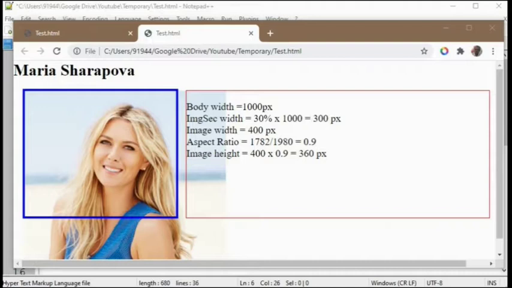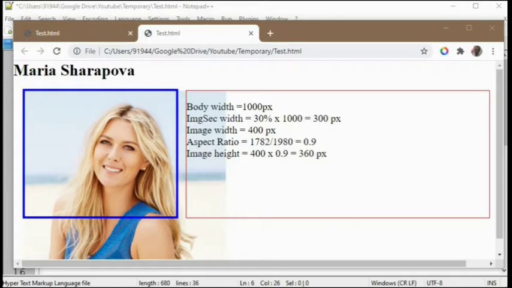In the same way, the aspect ratio of our image is 1782 height and 1980 width, so it is 0.9. Then the image height will automatically work out as 400 times 0.9, which is 360 px. But we specified our height will be 250 px only for the image section as well as this para section.